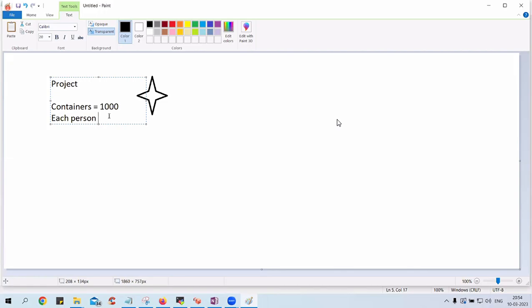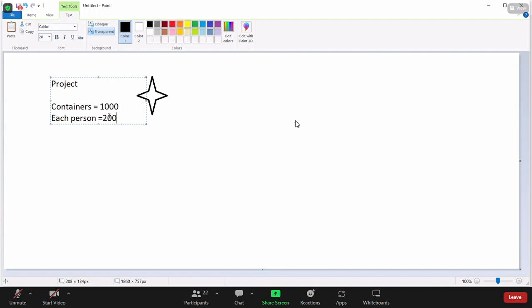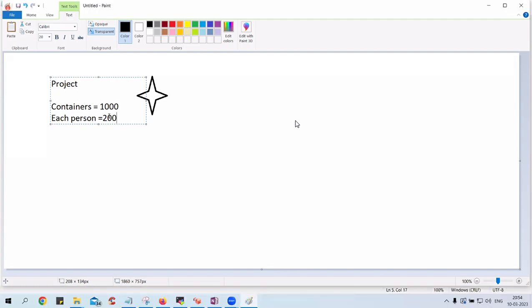If this is the case, each person can handle, to my knowledge, not more than 300 containers. So I'll put it as, let's take for granted, 200. If it is experienced people, let's add 100 more, but on an average 200 containers per day. So if the project operates in and out, that means creation and deletion count per day, it is around 1,000 containers. Now you tell me, guys, if a person can handle 200 containers per day, how many technicians are